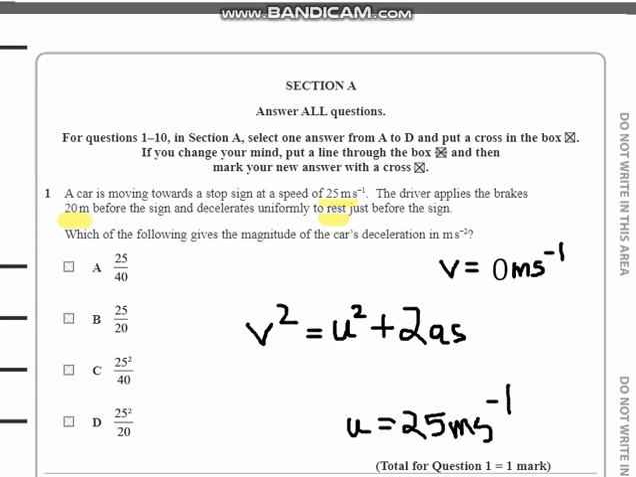And now we have to find the a value. We also have our s value, which is, they say the driver applies the brakes 20 meter before the sign. That means the distance. So our s is 20 meters. There you go. And when I plug in the values, it will look like 25 square plus